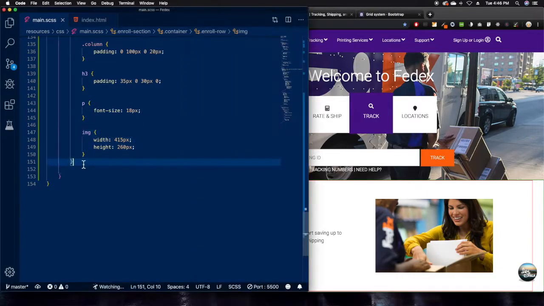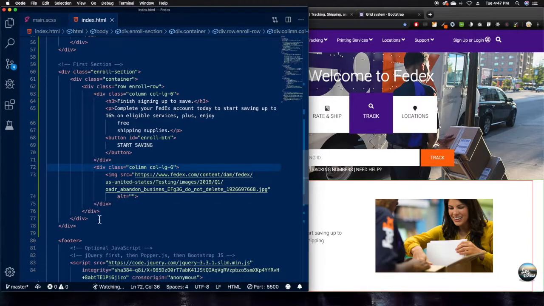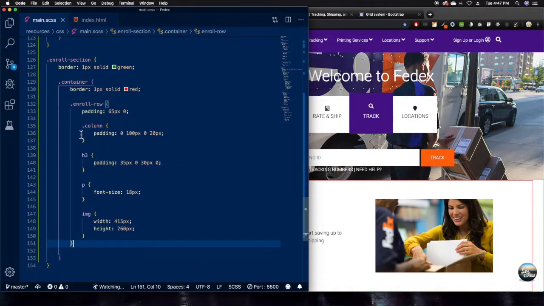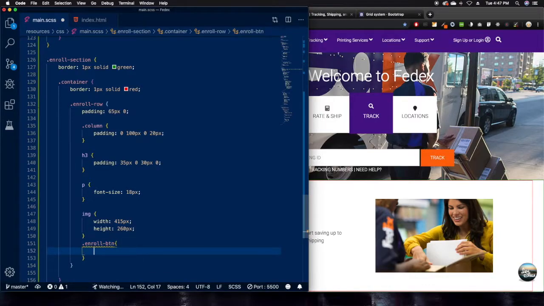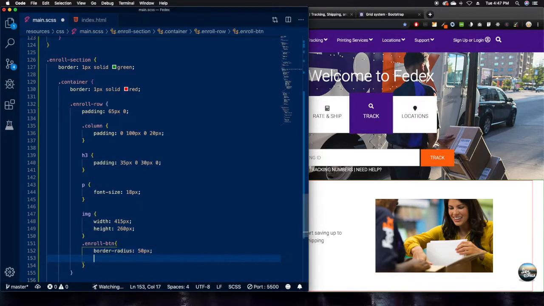So for the enroll button, which we'll keep inside of the enroll row, we have enroll BTN. This enroll BTN is going to have a border radius